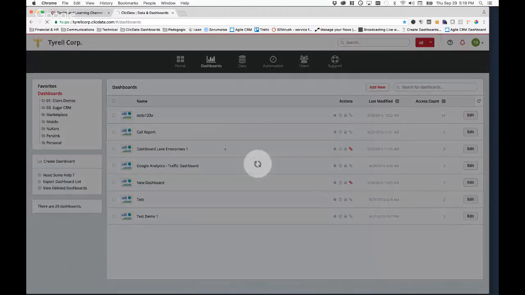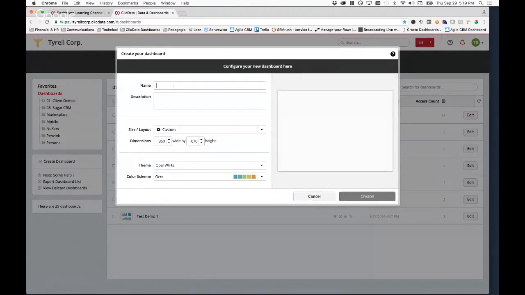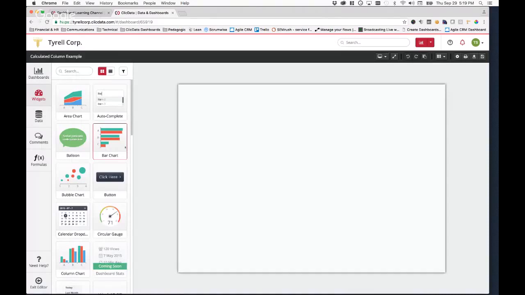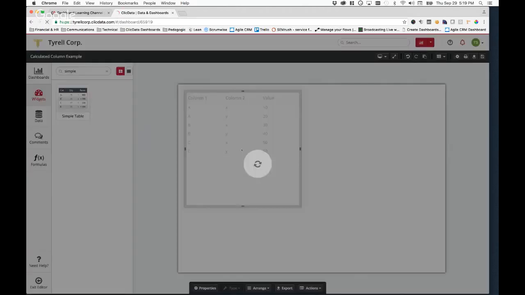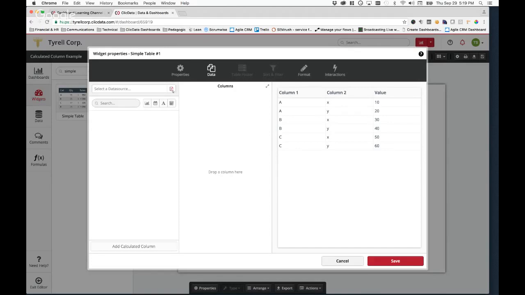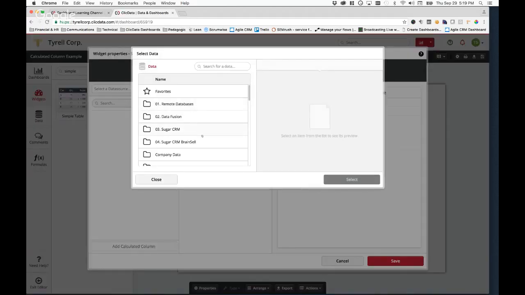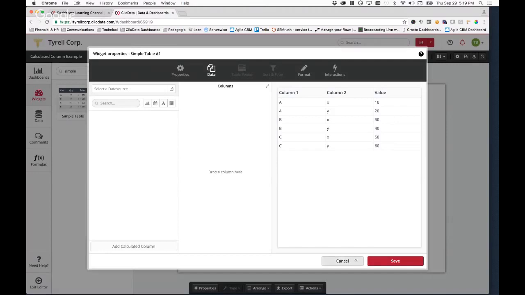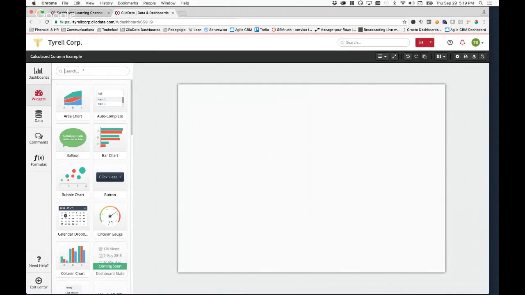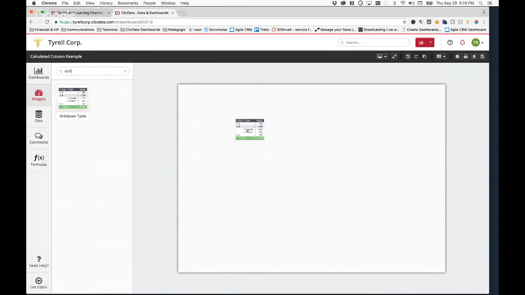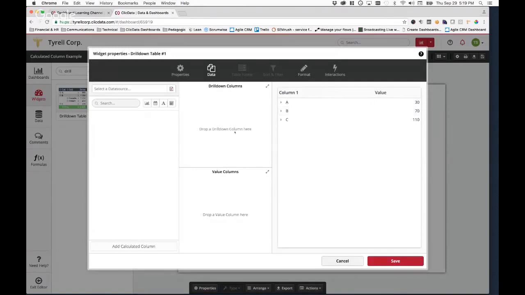Sometimes you want to add a calculated column just at the level of the widgets. So we're going to create a new calculated column example on your dashboard, for example, for a chart of data, or for a simple table. In fact, we'll start with a simple table, because that's most commonly where it's used. I apologize, I'm going to go with the drill down table, because then I can group data by month and year, and you can see that the calculated columns actually adapt themselves to the different groupings that we do.